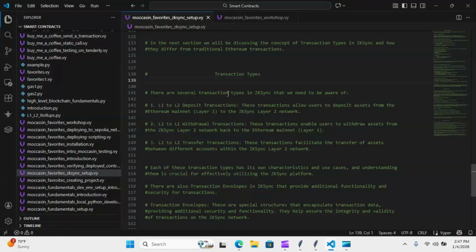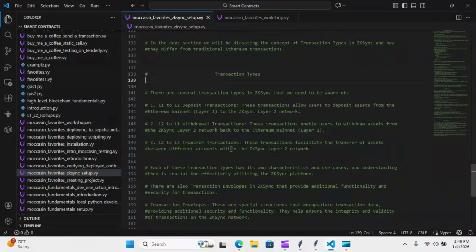So there are several transaction types in ZK Sync that we need to be aware of. So number one, we have the L1 to L2 deposit transactions. These transactions allow users to deposit assets from the Ethereum mainnet, which is layer 1, to the ZK Sync layer 2 network. Then we have the L2 to L1 withdrawal transactions. These transactions enable users to withdraw assets from the ZK Sync layer 2 network back to the Ethereum main network,